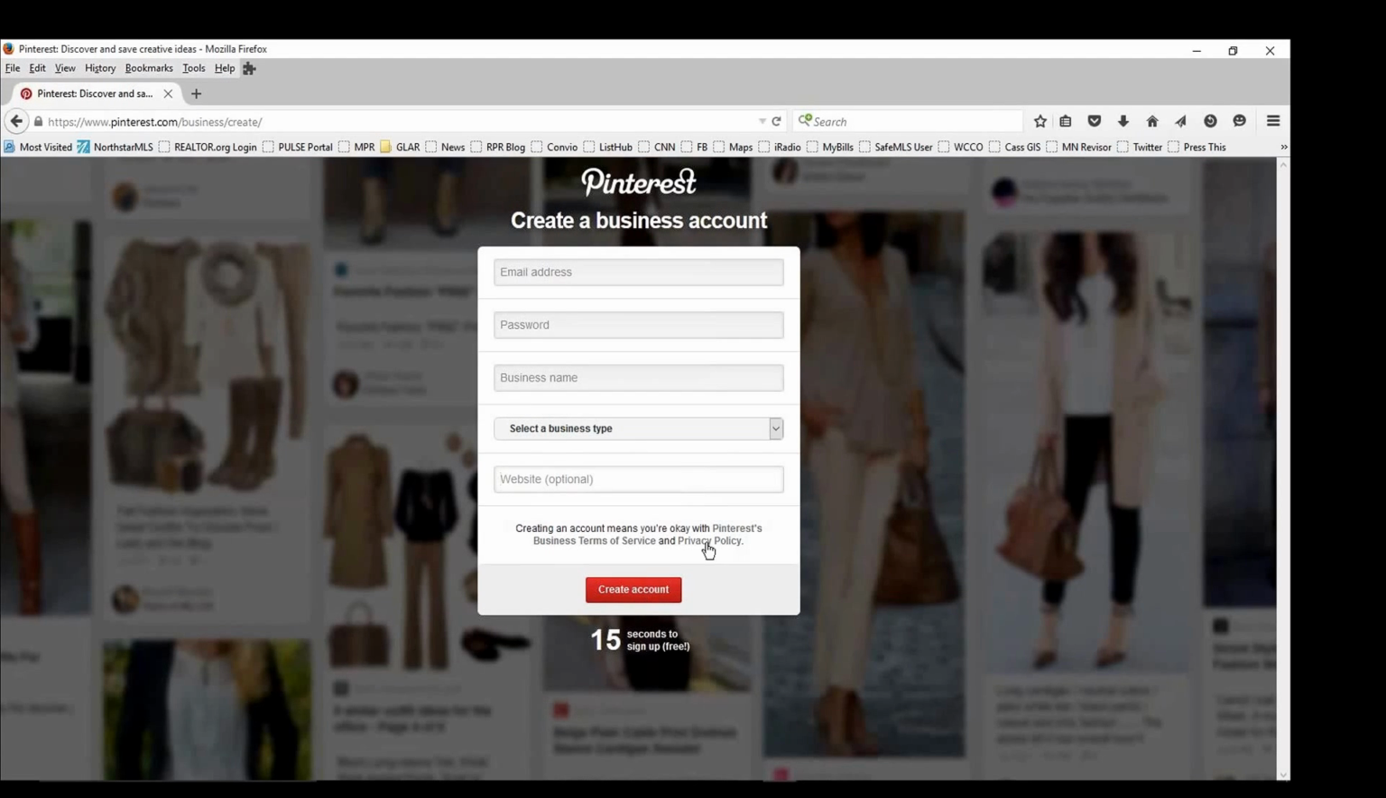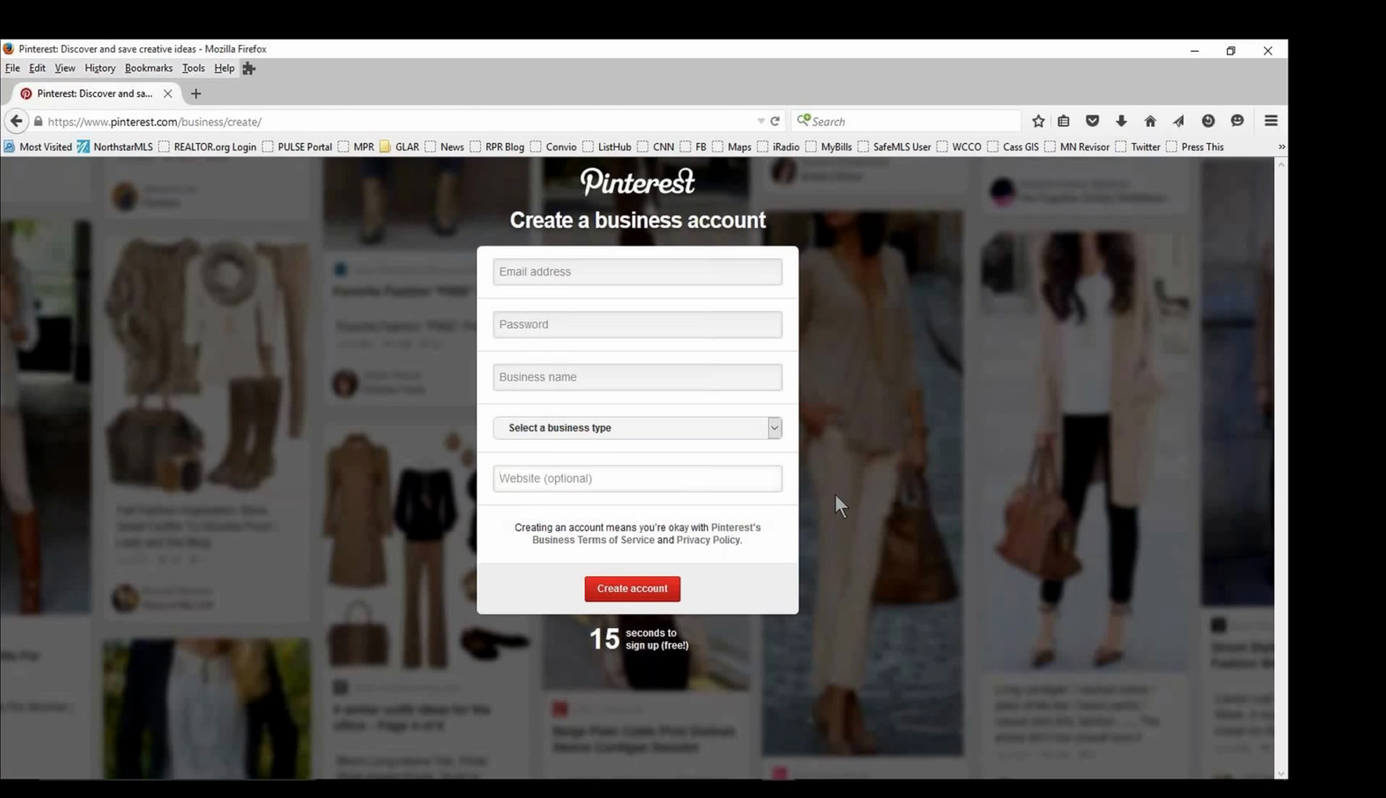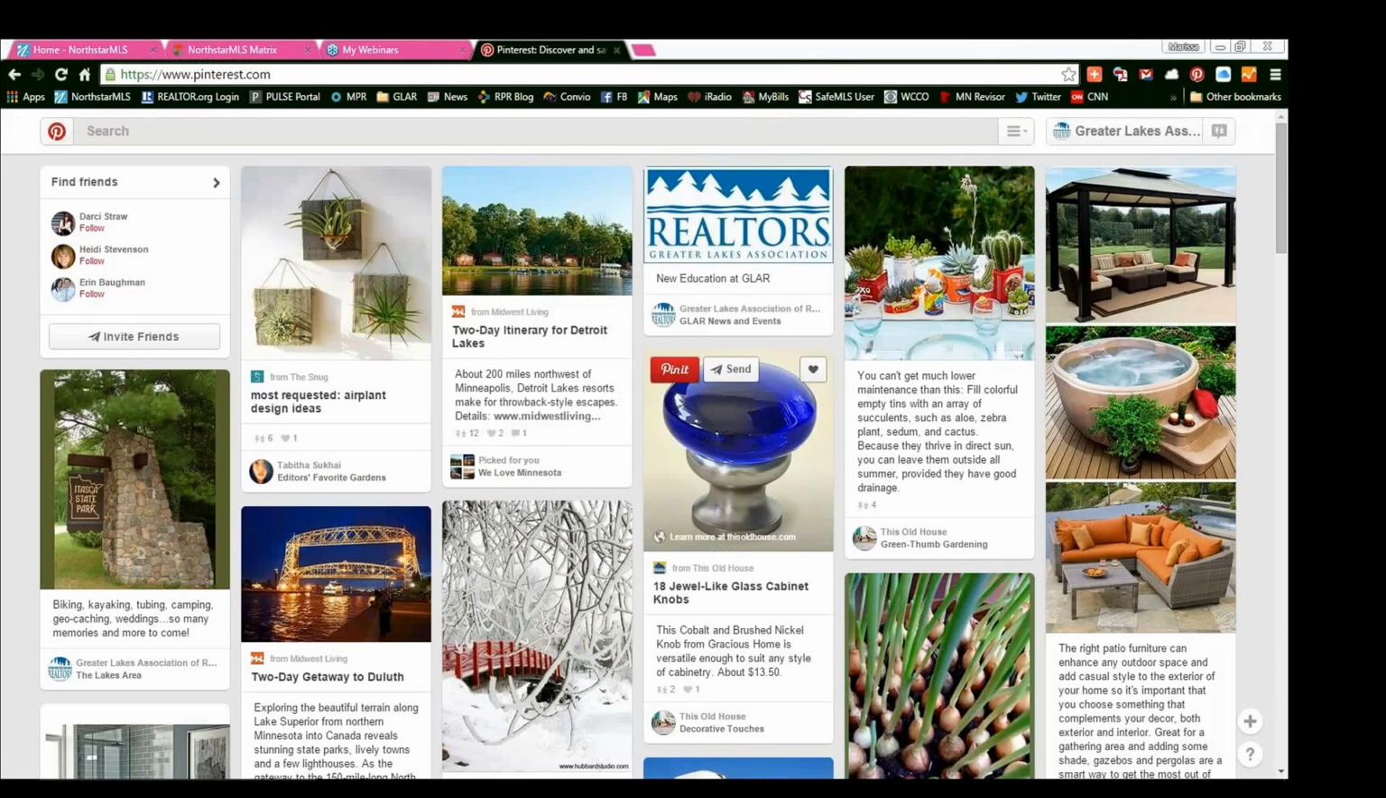So the next step is just to click the create account button, and it'll take you through to creating a profile picture for yourself as well. So I've actually already done this. So I'm going to go ahead and close out of this and go into a different browser, and I'll continue on from that browser. Okay, so this is the Pinterest page that we already have set up for the